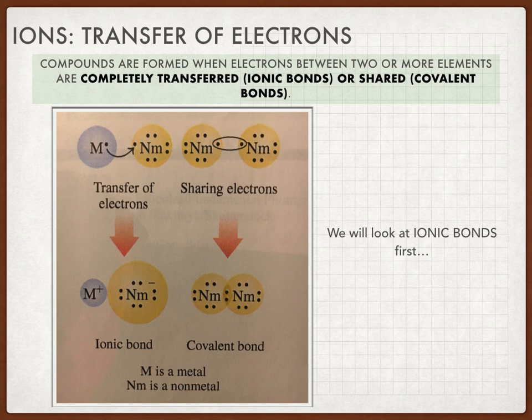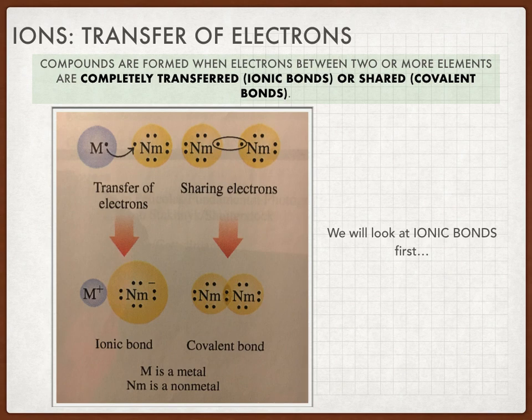All right, so just a reminder, compounds are formed when electrons between 2 or more elements are completely transferred. So complete electron transfer, that's ionic bonds, or they're shared, that's covalent bonds. We will look at ionic bonds first, but if you just want to take a quick